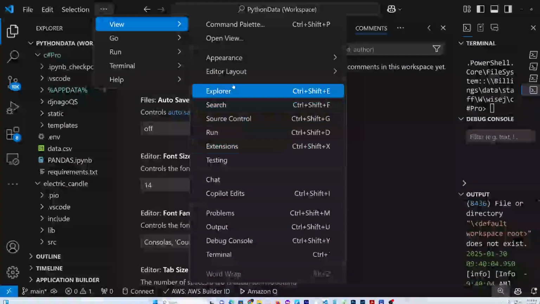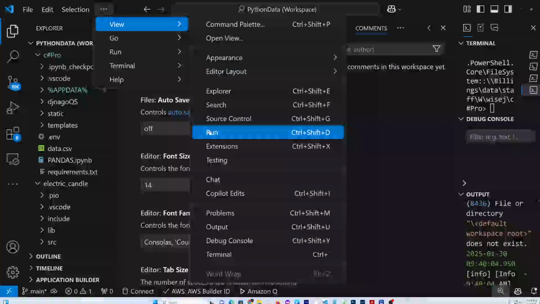We can bring out the window for searching, for source control. Source control, if you've heard of GitHub, that's kind of what it is, right? It's a way to manage versions of a certain file or piece of software. You can run a program, you can use extensions, and we have looked over here at this extensions bar here,